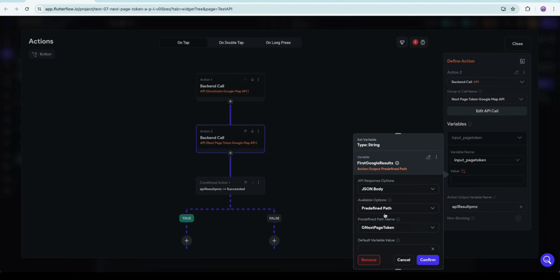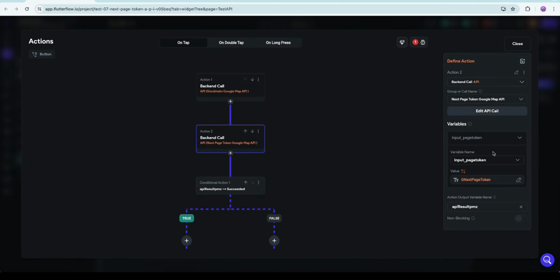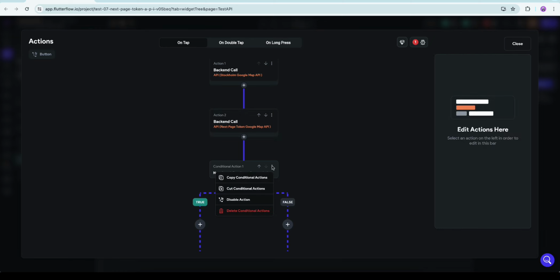So this is where I mentioned adding JSON path in the API call tab, because once you have added it to the JSON path, then you can find it from this predefined path, which is much easier to use. So when you click OK, I will name this as next Google result. We'll delete this conditional action,